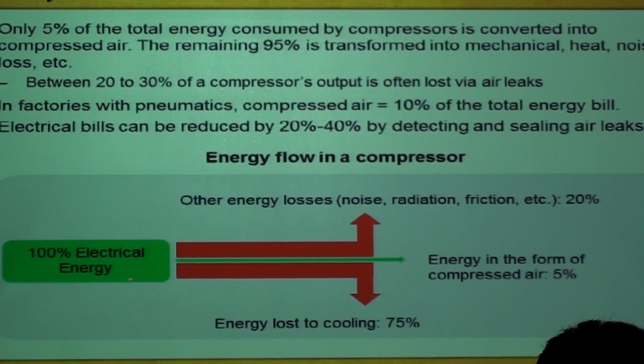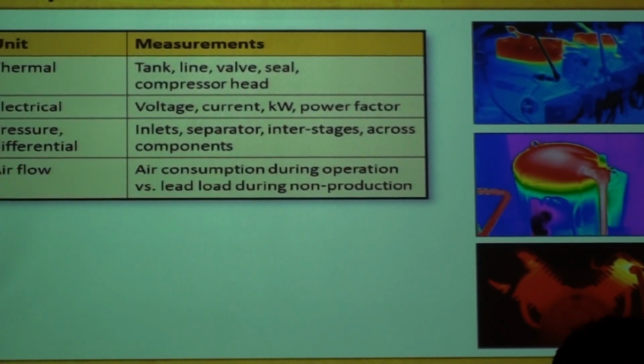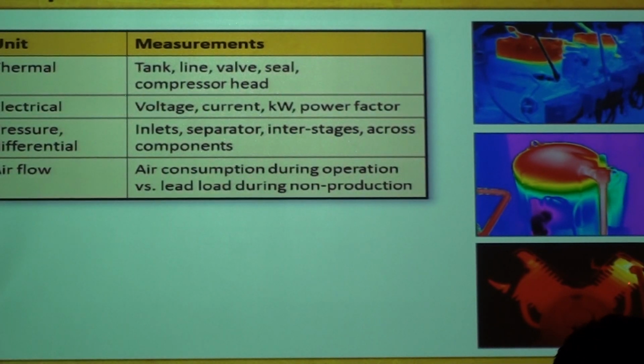So energy flow in the compressor: if you put 100% electric energy into the compressor, 5% is actually used to transform that energy into compressed air. The rest, 95%, is heat loss. Radiation out into the atmosphere, friction, etc., and so forth. So you want to make sure that you measure all these compressors. A very good tool, thermal imaging, clearly identifying, like in this case, a compressor where you can see one of the piston heads is hot, then the other ones, indicating you have a problem with this compressor. So thermal inspections you want to do